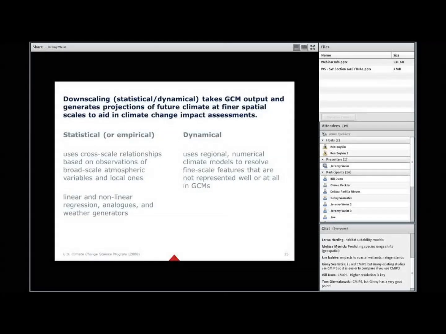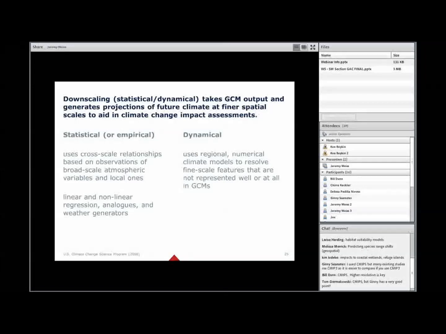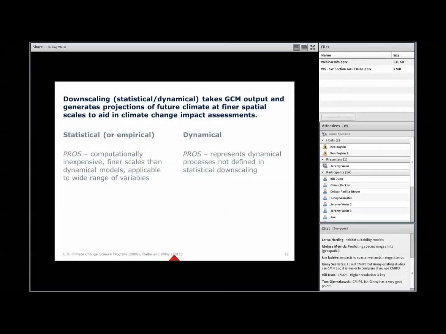With the dynamical models, one of its main strengths is that it's going to be representing some of the important dynamical processes that are not defined in statistical downscaling. For example, when it comes to the North American monsoon here in the Southwest, it's going to be resolving some of the diurnal cycle of precipitation, the midday formation of the storms over the higher terrain, for example. Aspects like that.